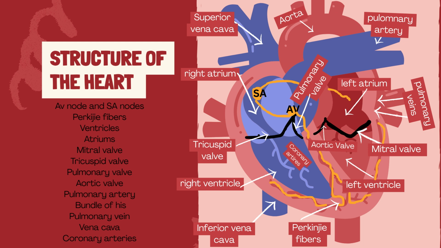Now, I know there's a lot on the screen right now, but we're going to go over the structures of the heart. We're going to start with the electrical signal of the heart, which is the SA node and the AV node. And then we're going to go down to the Purkinje fibers. From there, we're going to talk about the superior vena cava and the inferior vena cava, the right atrium, the tricuspid valve, the right ventricle. Then the blood goes to the pulmonary valve, through the pulmonary arteries, back from the lungs, through the pulmonary veins, into the left atrium, down through the mitral valve, into the left ventricle, through the aortic valve, into the aorta,